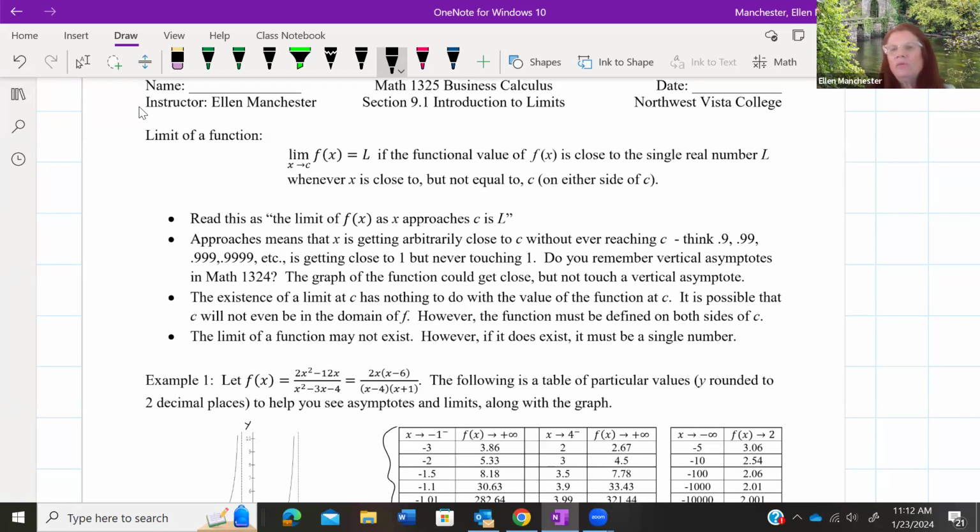A limit will always be a y value. Okay, so it's just new terminology. That's all it is. It's just new terminology. Instead of saying what's the y value, I'll say what's the limit. Okay, so that's what you want to